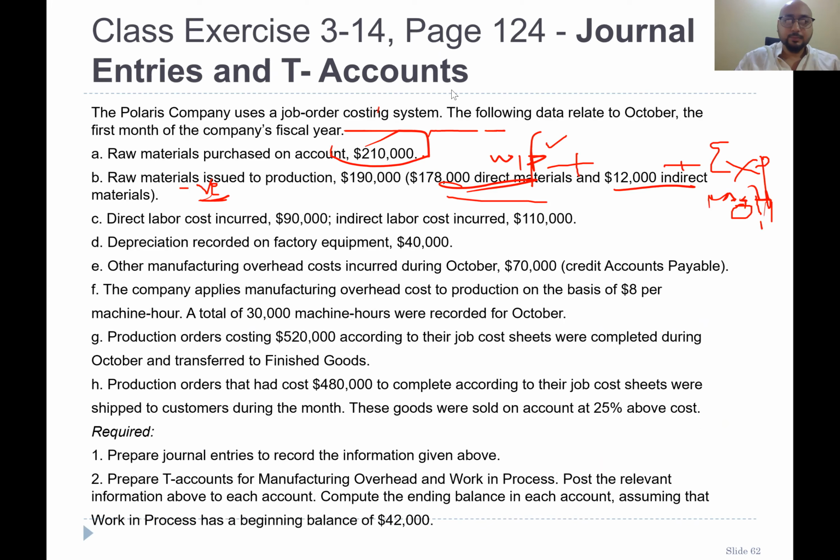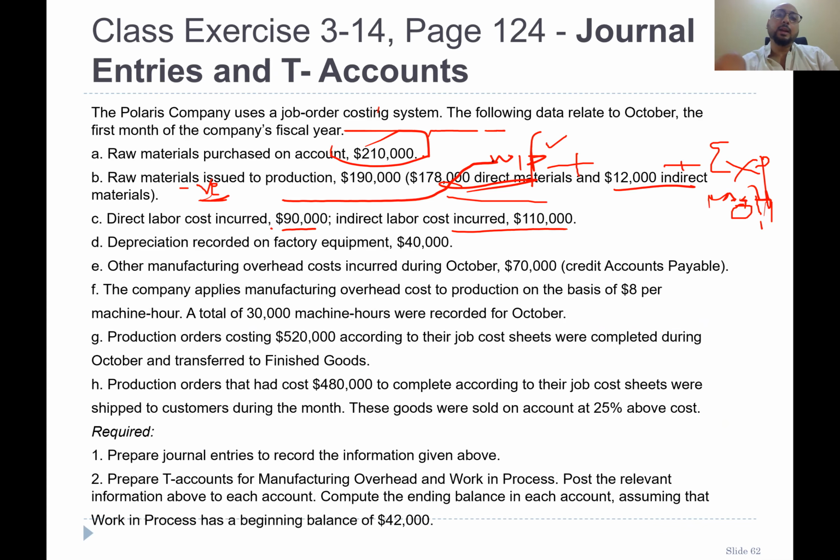And now direct labor cost incurred, which is 90,000 direct labor, indirect labor 110,000, right? So direct cost belongs to work in progress, right? Because we are converting raw material into finished goods, so we apply some labor on the in-process material as well. So that's why work in progress is going to increase. So work in progress increase means asset increase, means debit. So work in progress,